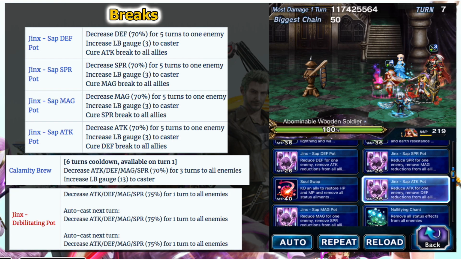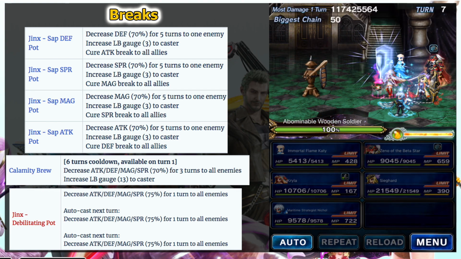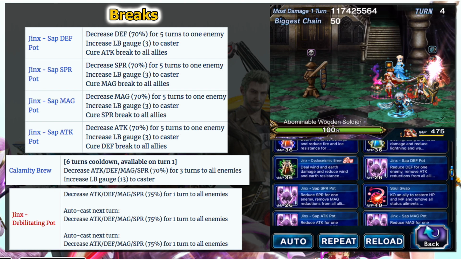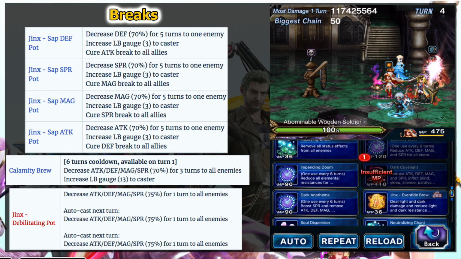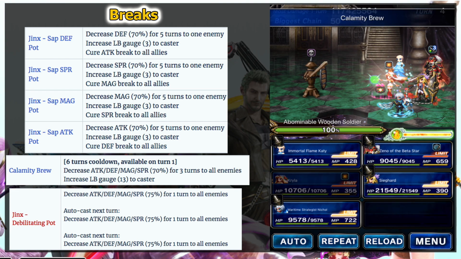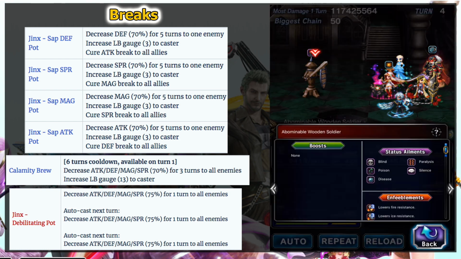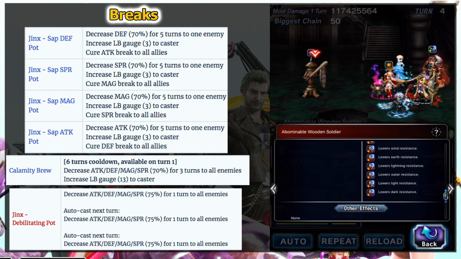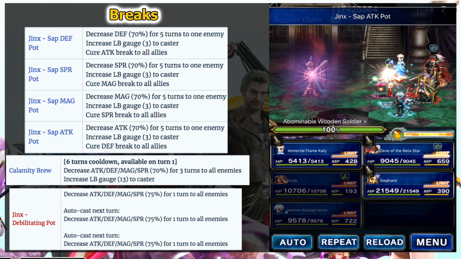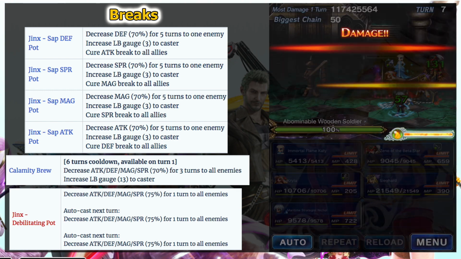For breaks, I don't think there is much improvement, but the good thing about these breaks is they remove the awakening. The bad thing is they don't return our crest. What the hell, Jimmy? But it's okay because they upgraded. After awakening in the past, your single stat break maxed at 65%, but now you can break 70% per stat, which is good. And it also cures